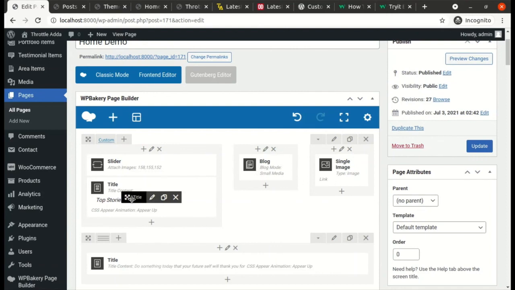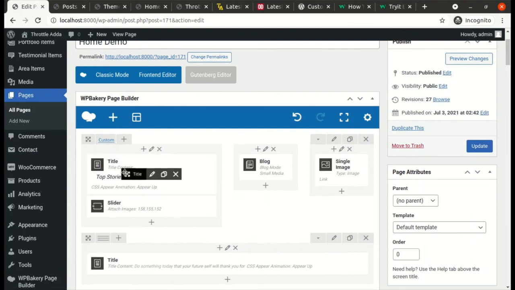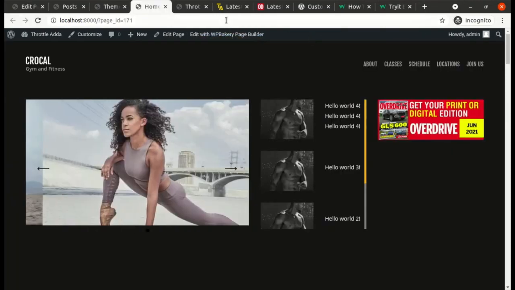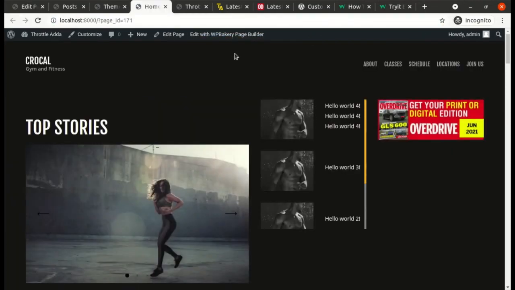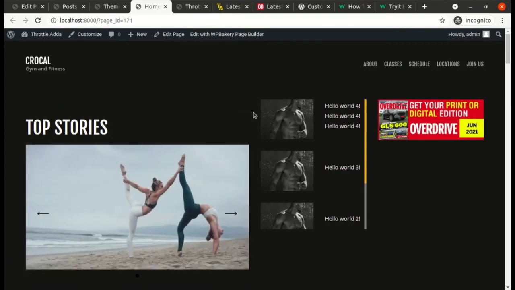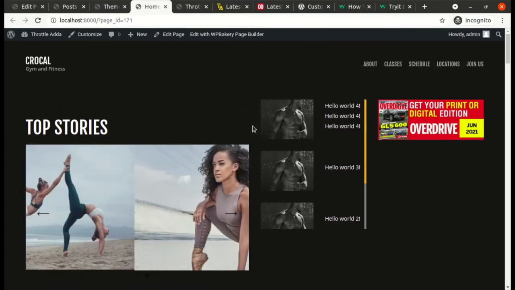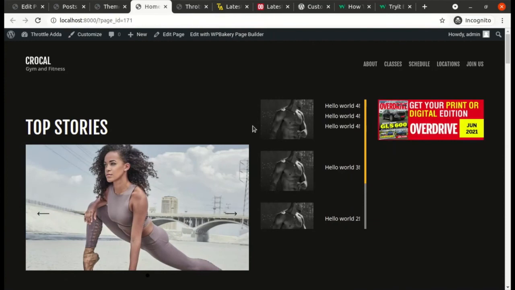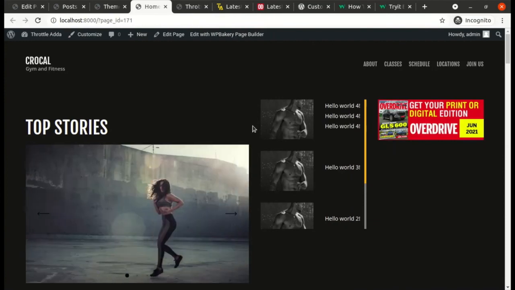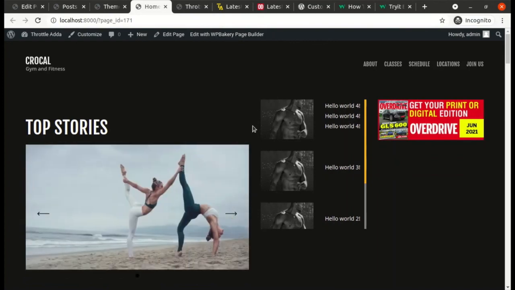So you see this arrow again, the cross arrow. Click on it, drag it on top of the slider. As simple as that. Let's see how it looks. Perfect, right? So this is what we were expecting, and this is what we have. So let's add the title for our second section as well. We will keep the third section as is, because that is like an advertisement section that we have created.